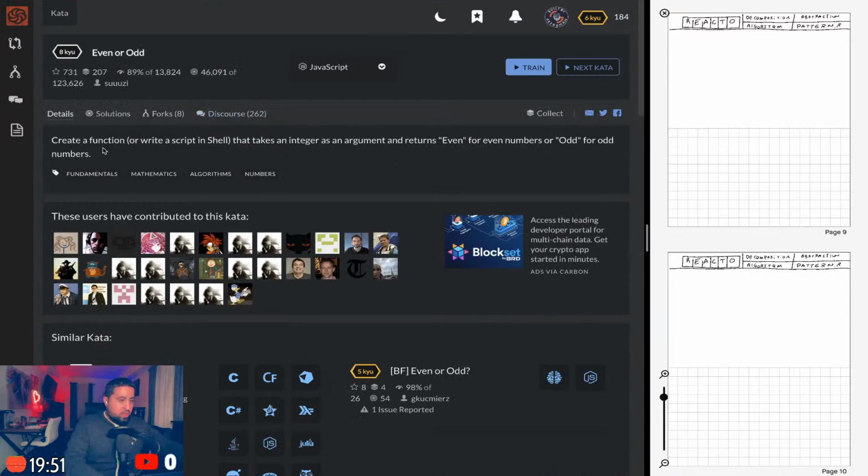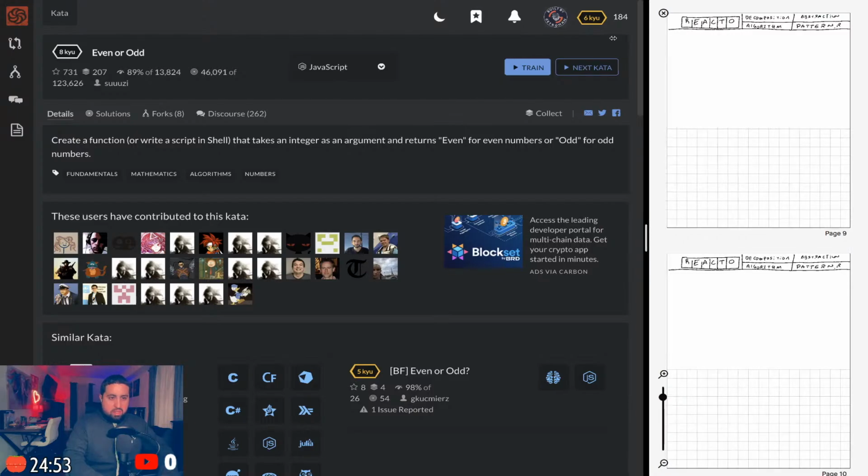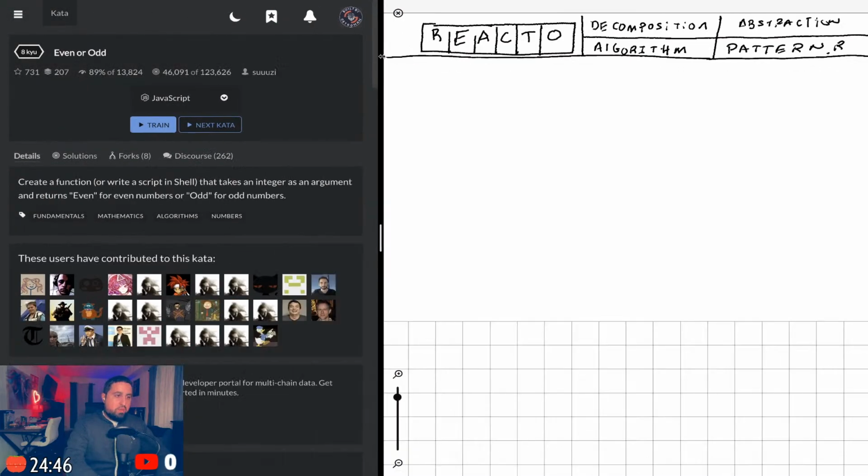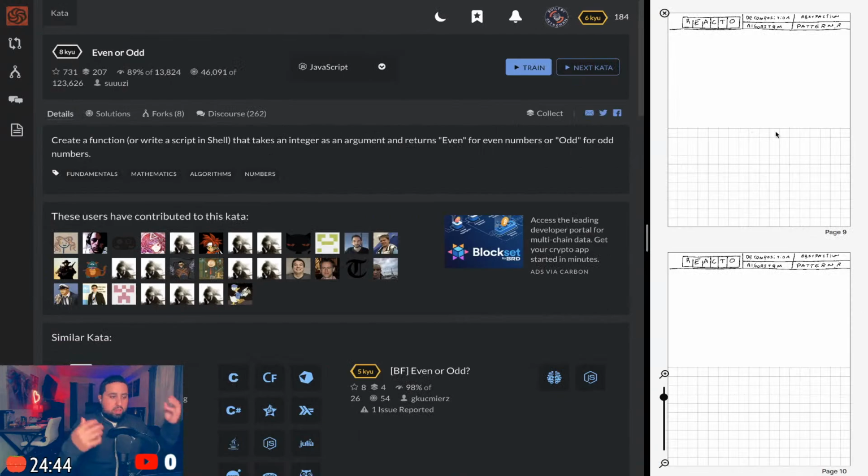All right, and I'm gonna start the timer here. So we're in our time box and we're good to go there. So we're gonna enter into the R phase, which is this right here of the REACTO problem solving technique, which is the reading repeat part. So we want to make sure that we're repeating the question and getting an understanding of what they're asking for. We'll dig into the actual kata in a sec, but this is the higher level explanation.